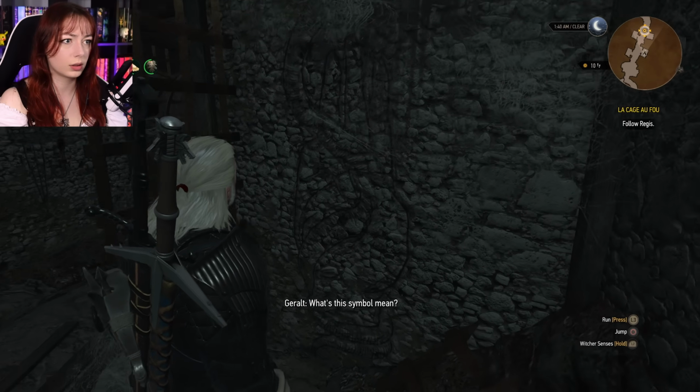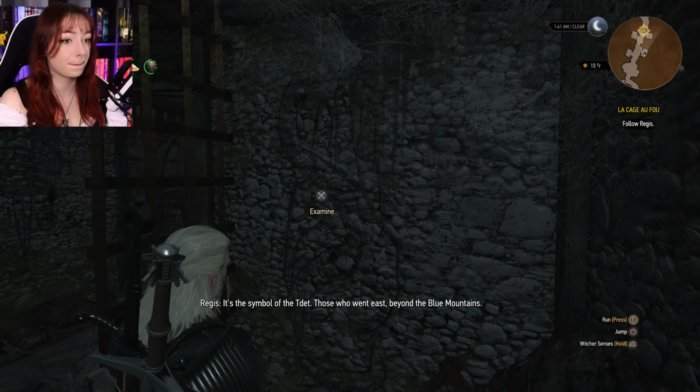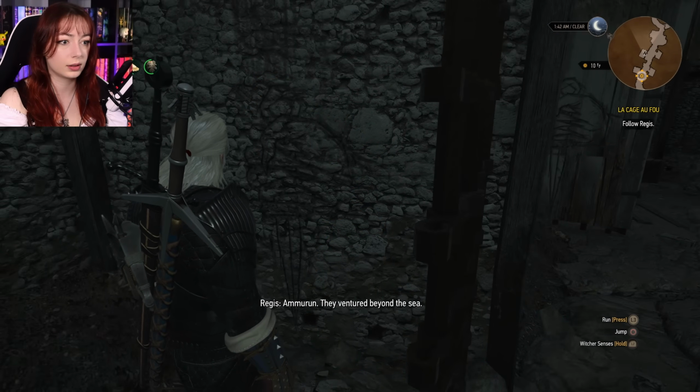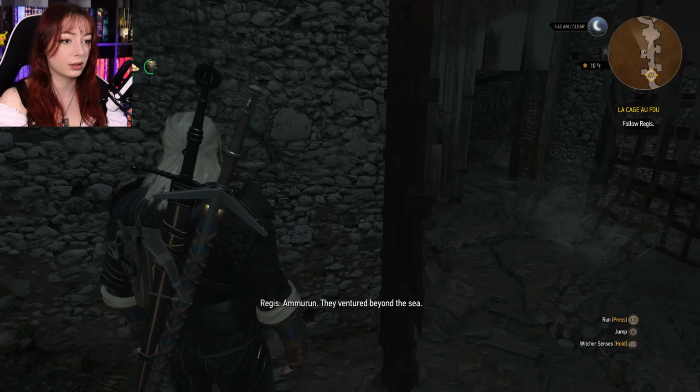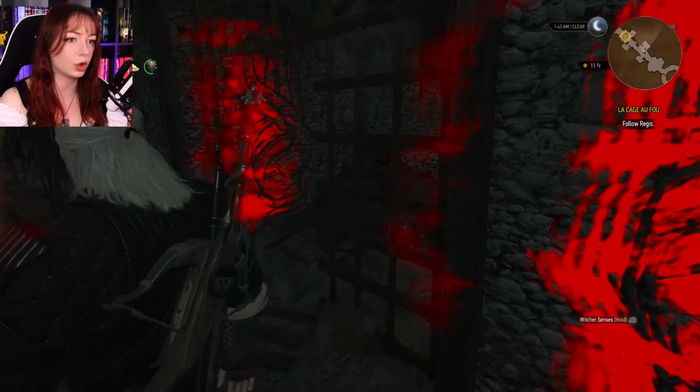What's this symbol mean? It's the symbol of the Cont'd. Those who went east, beyond the Blue Mountains. The Cont'd. Whose is this glyph? Amaran. They ventured beyond the sea. Oh. I'm curious if we'll find one that belongs to...